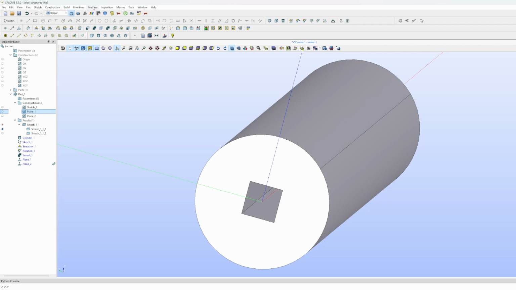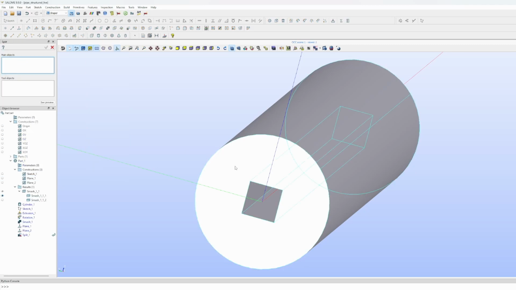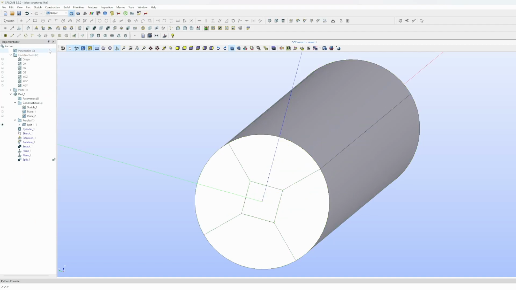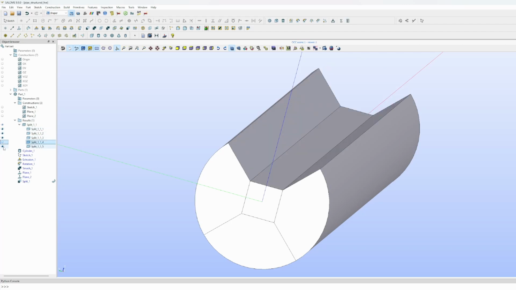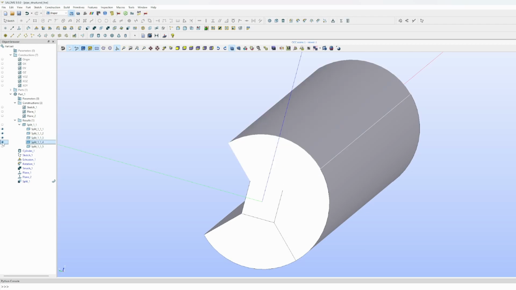So let's slice. It's called split in Shaper. So click split, and the main object is this smash 1. Okay, and the two objects are plane 1 and plane 2. You can shift click to select both of them and click apply. Now we have our sliced object. Okay, so we have these 4 external pieces